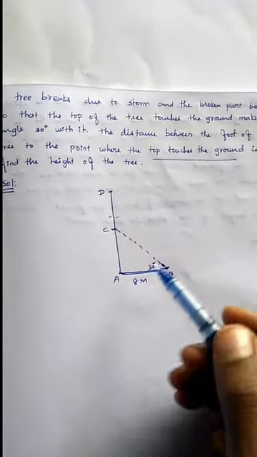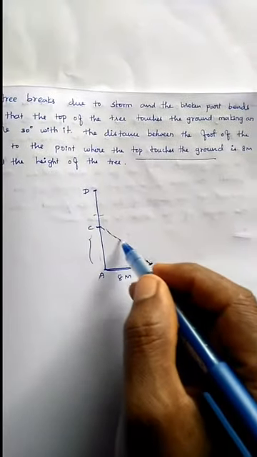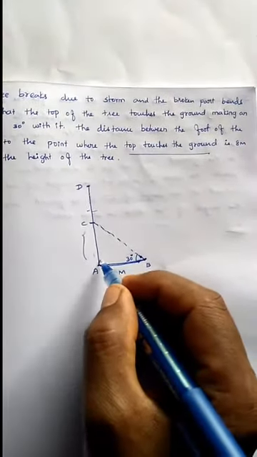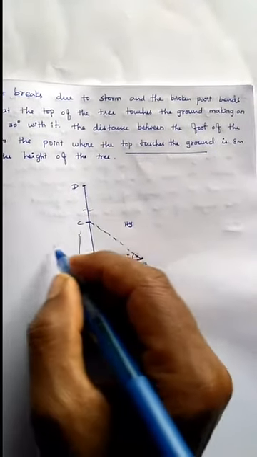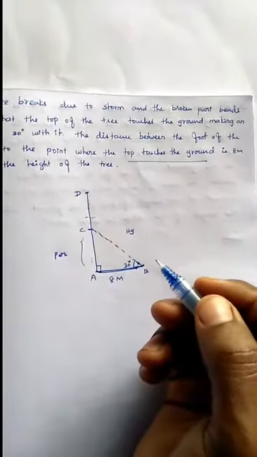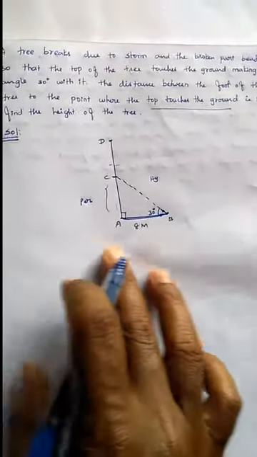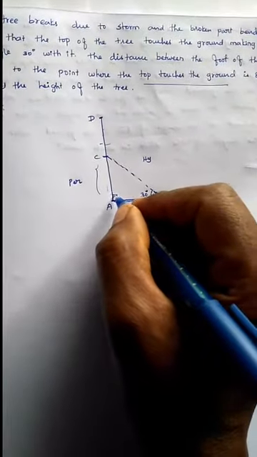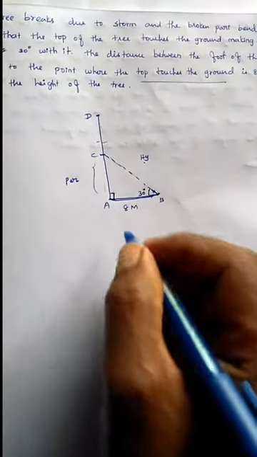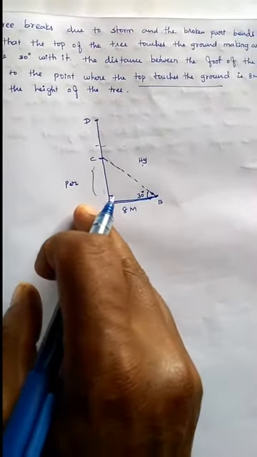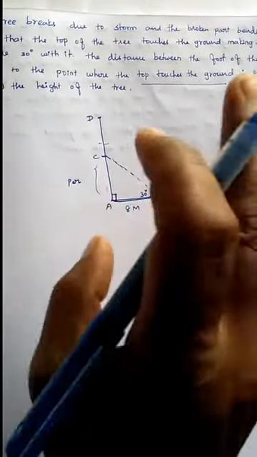So height of the tree, which means this is the remaining part now, and this is the broken part. So in your right angle triangle you have to find out the hypotenuse side, and the perpendicular also we have to find out. So let's find out first any one thing, then we can find out the second thing. In a right angle triangle, right angle opposite is hypotenuse, angle opposite is perpendicular. Now let's find out first perpendicular, then we can find out the hypotenuse. Finally when you add these two you will get it.